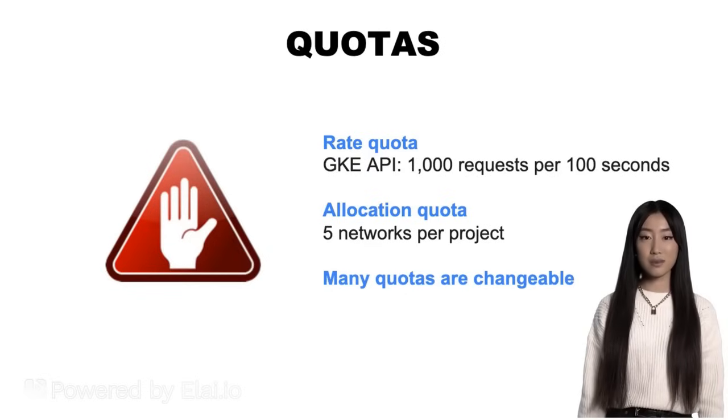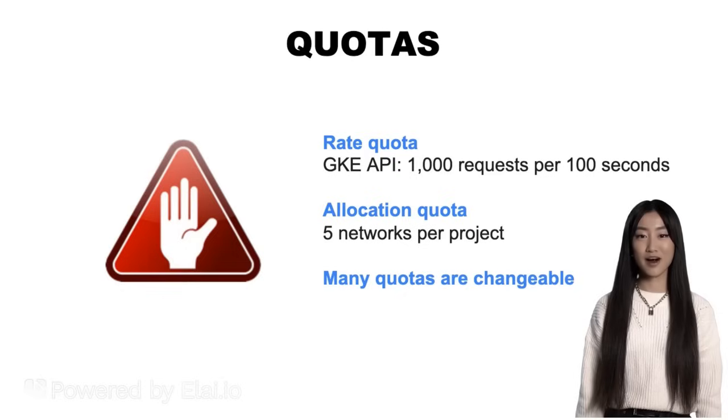malicious attack, protecting both account owners and the GCP community as a whole. There are 2 types of quotas: rate quotas and allocation quotas. Both are applied at the project level. Rate quotas reset after a specific time. For example, by default, the GKE service implements a quota of 1,000 calls to its API from each GCP project every 100 seconds. After that 100 seconds, the limit is